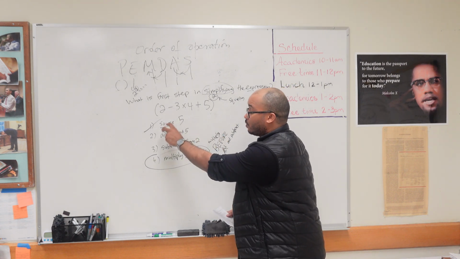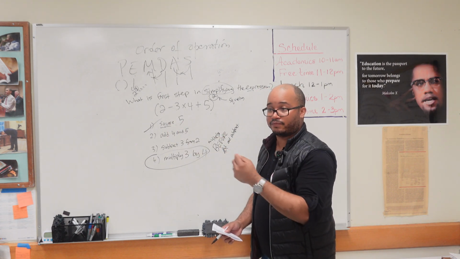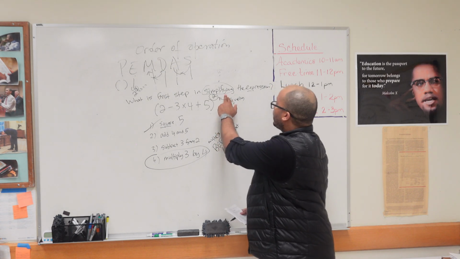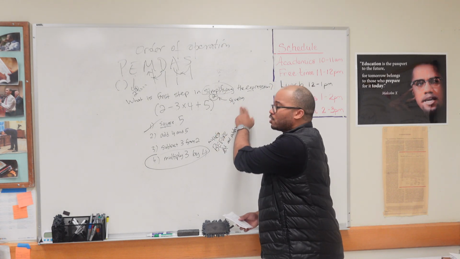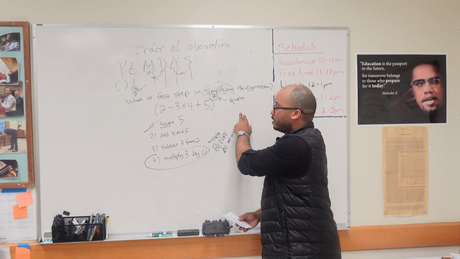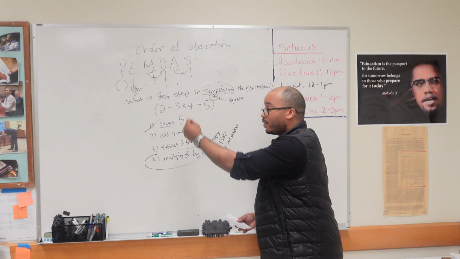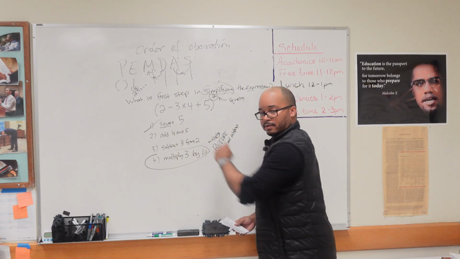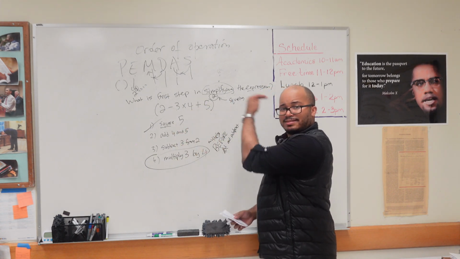And you have to understand what the words mean. And that's why this was very important for Paul and I to go over this and talk it through in Creole. What does it mean by simplifying? What is an expression? When they say square, where's this? There's no square there. Yeah, the 2 there, that's another way of saying to the second power, to the power of 2, square. Well, the exponent's outside.